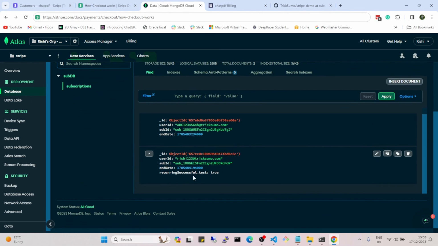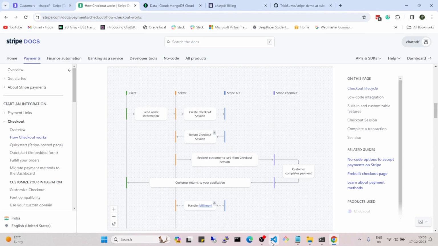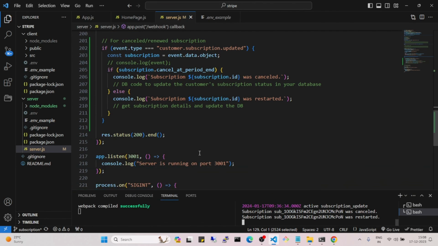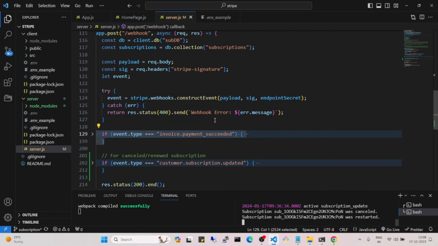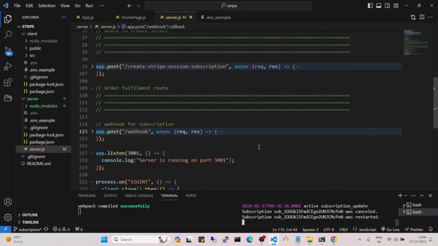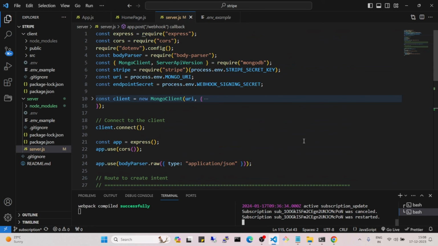So the first time we saw that only 3 values were here. Now this time when the database got updated, a new flag got added, which is recurring successful test true, and the end date also got updated, which will be the new date 30 days after the time of payment. So this is how we can handle recurring payment scenarios in our webhook, and that's how we can add